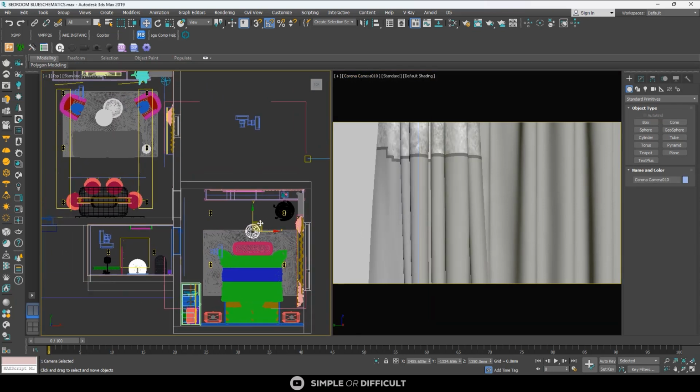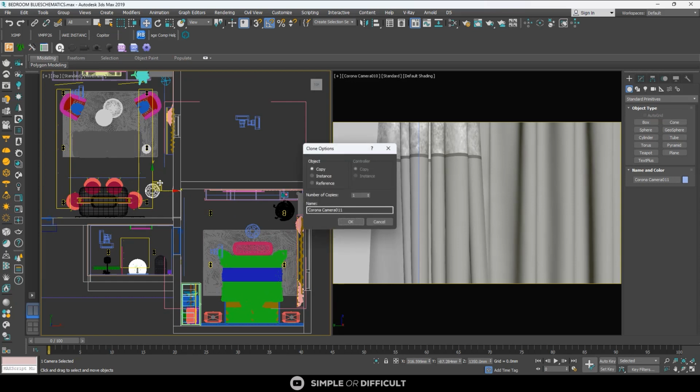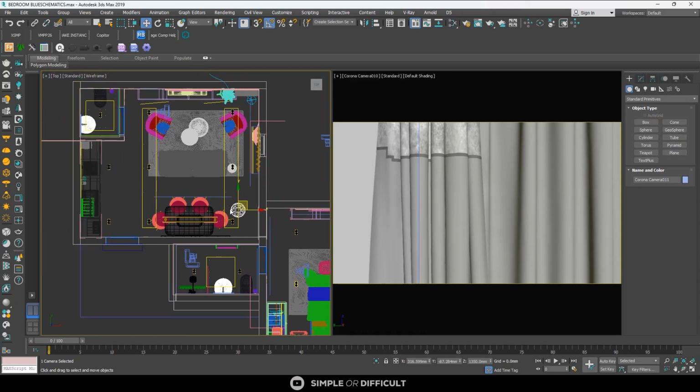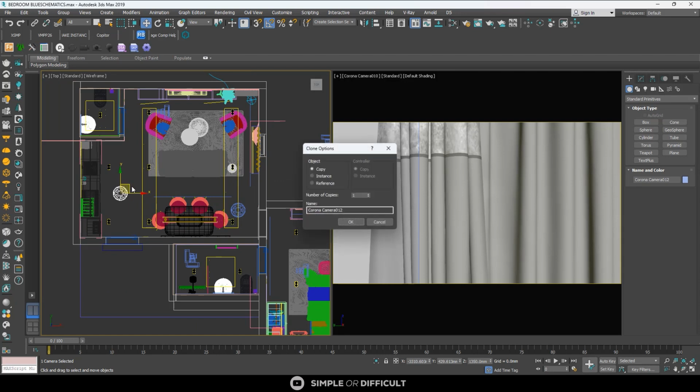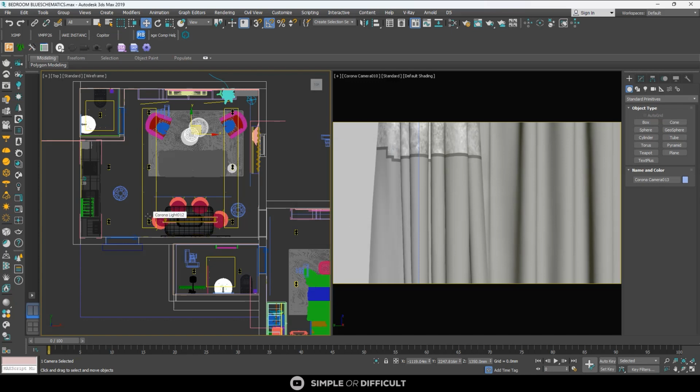Okay, and then I'm going to copy this one to this place. Okay, and then I'll copy this to this. I want to have 4 camera shots in this space. All right, so I understand you can actually have only one here. You put it in the middle, it will